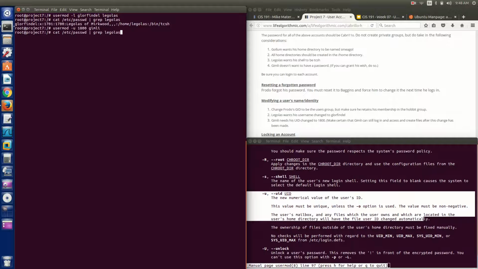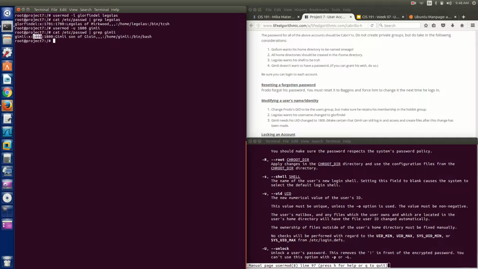Boom. So now if we grep Gimli, 1800 is the same UID as his group, and we'll go sudo into Gimli. ls, cd home, ls, pwd, touch 1 2 3 4 5. Boom, you can create files. Okay,